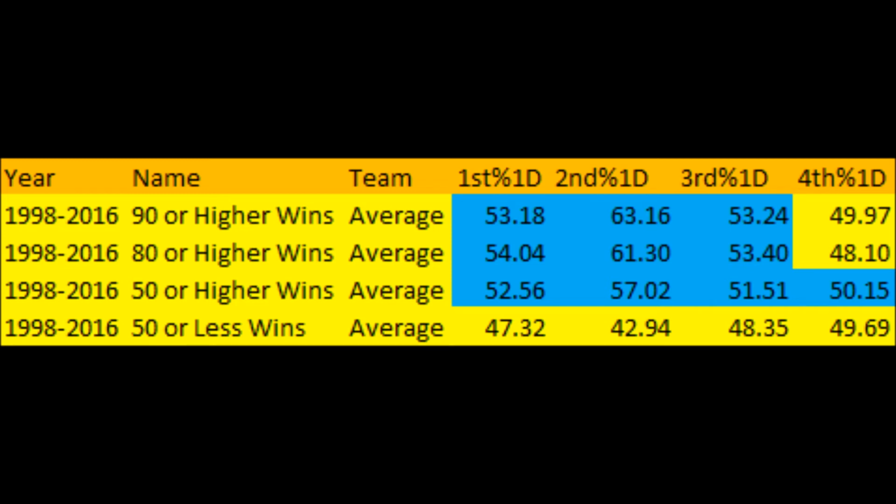So basically, when it comes to getting first downs with the rush, it's not as important to winning, to getting into that 90 percentile higher win range, to getting into that 80 percentile higher range, to getting into that 50 percentile range. It's not as important to winning football games to have a really dynamic rushing attack. And not only that,